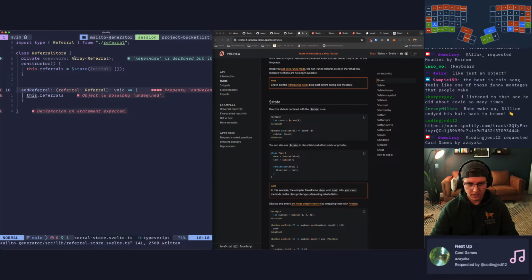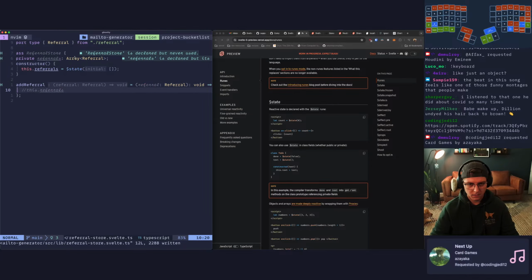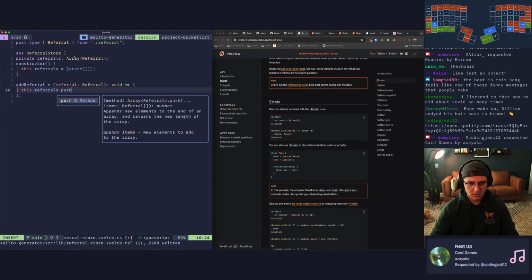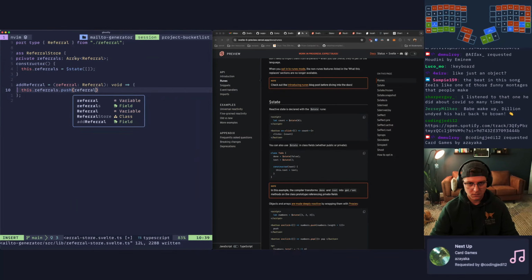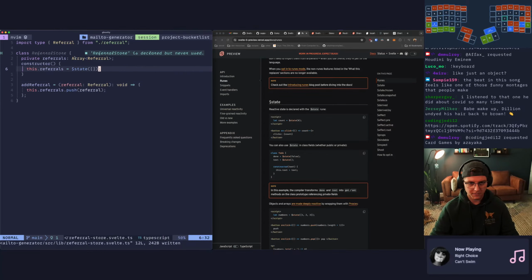All right, what did I do wrong here? There we go. Let me turn off inlay hints. And then we can do this.push referral. Yeah, now we have fully reactive state.